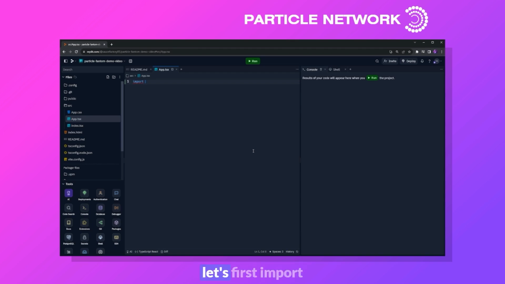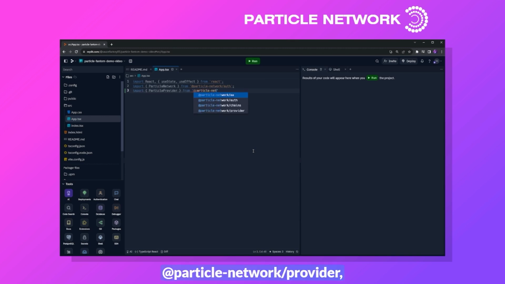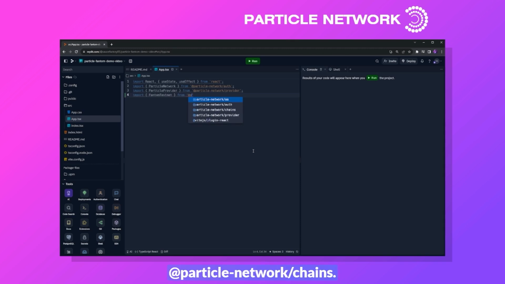So to get started, let's first import a few different base libraries. We can start with React and specifically use state as well as use effect. We can also import Particle network from @particle-network/auth. We can also import particle provider, which of course will be @particle-network/provider. And it's not required, but in this case, we can import Fantom testnet from @particle-network/chains. Basically what this does is just provide us with an object that contains the name and the chain ID